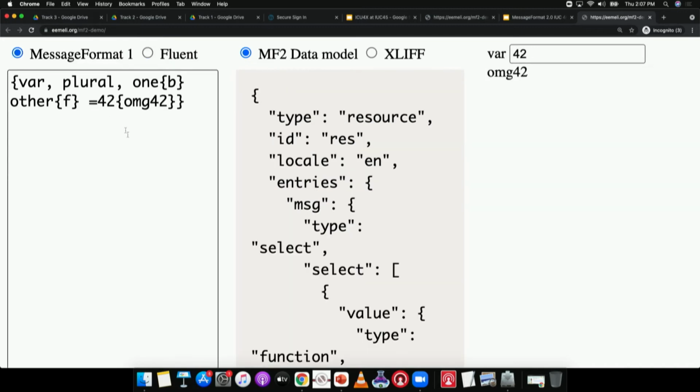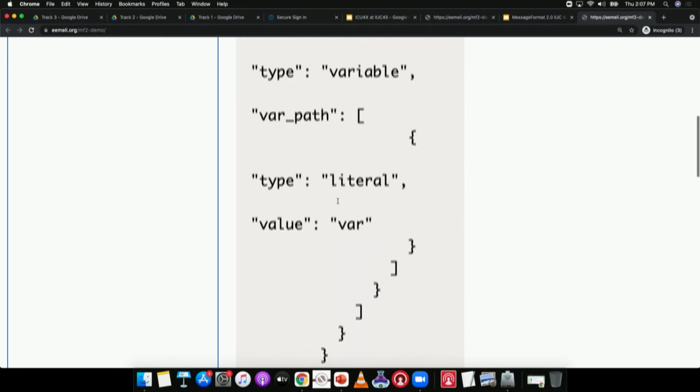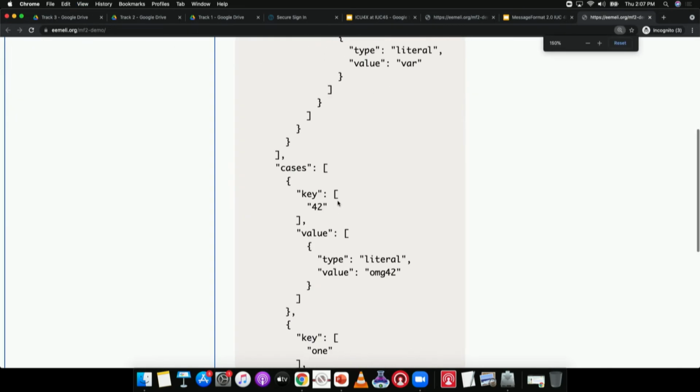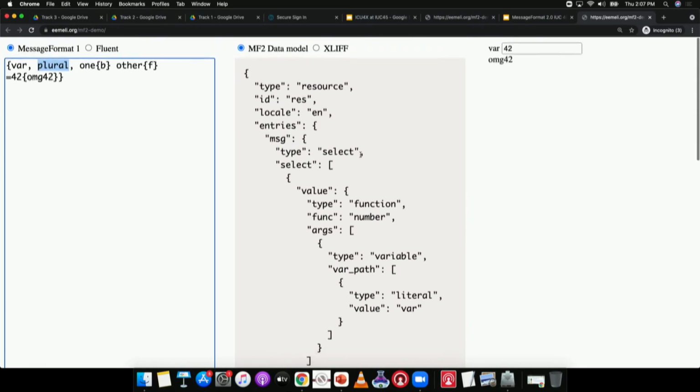Going back to the MessageFormat 1 example, or a variant thereof, this is doing a plural selector. We have an idea of what the whole message structure is going to look like, but we're still working on the exact details of that.